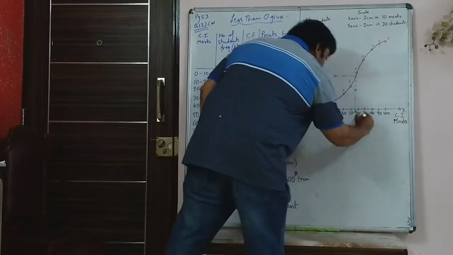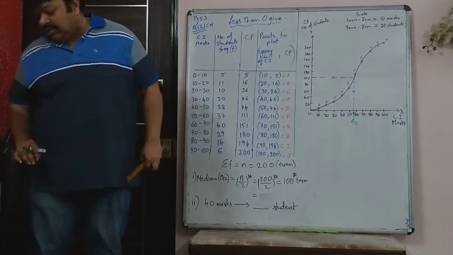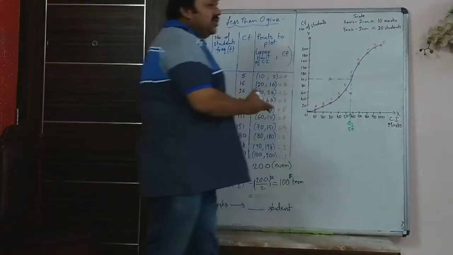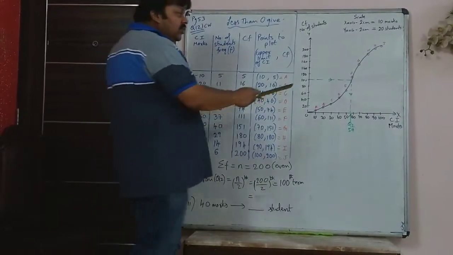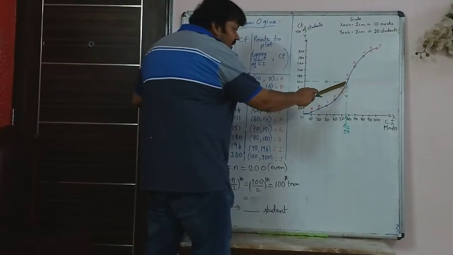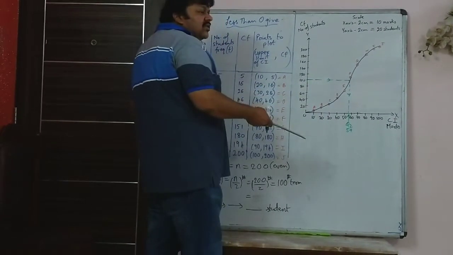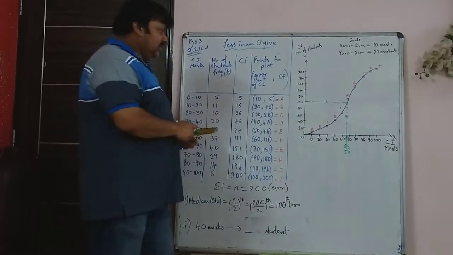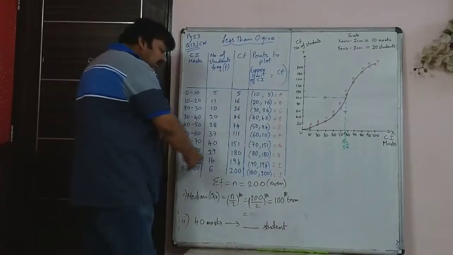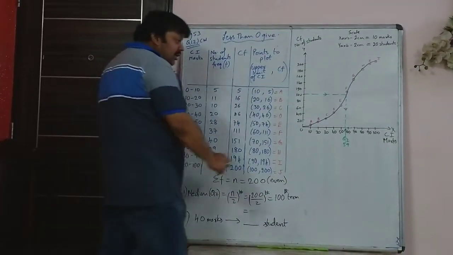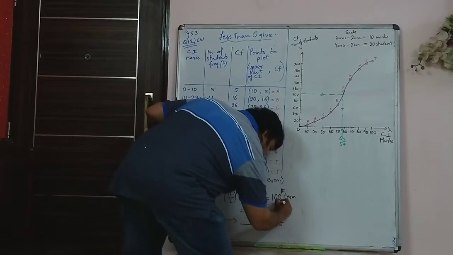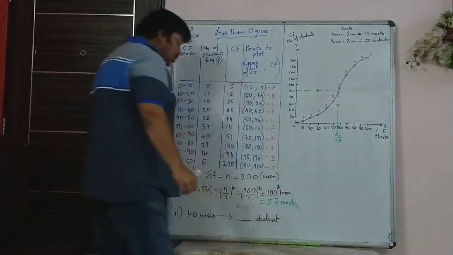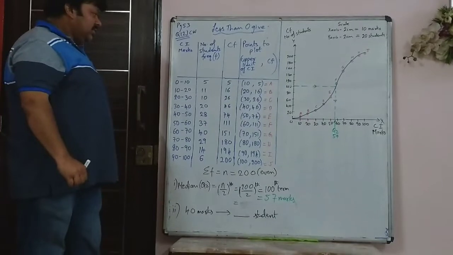So that 100th student looks like it is 56 or 57. So you can write 56 or 57, whatever you got. I told you this is a steep curve. Even if the curve is slightly out like this, your answer will vary slightly, but that is accepted. Someone who got 56 will also get full marks. Then you will write in the answer sheet that the 100th term is 57, and on the x-axis is marks. So that is the first answer.